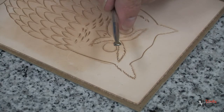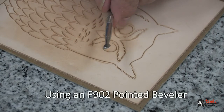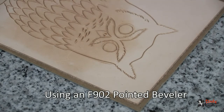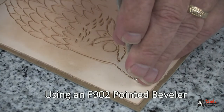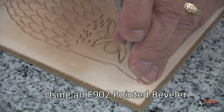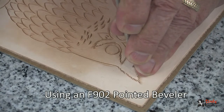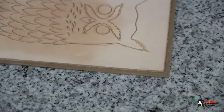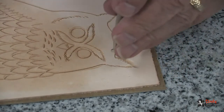We will now begin with our stamping, and we'll start first with the number F902 pointed beveler, as you can see. We'll start this by putting it on the edge of the ear, and we will come down the edge of the ear, keeping it at an angle so that we have our points going out and up. We'll do the same thing to the other side of the ear,